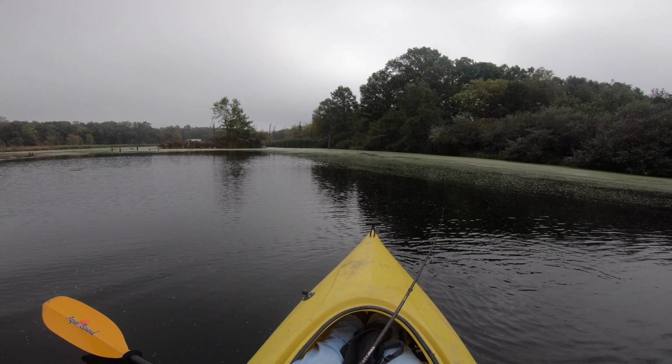Liz is on her way over here. She's grabbing her paddles, but we are going kayaking on this beautiful lake. It's very foggy today. We're gonna get after some largemouth. There's some pike in here as well, but the main goal of today is to get after some quality largemouth